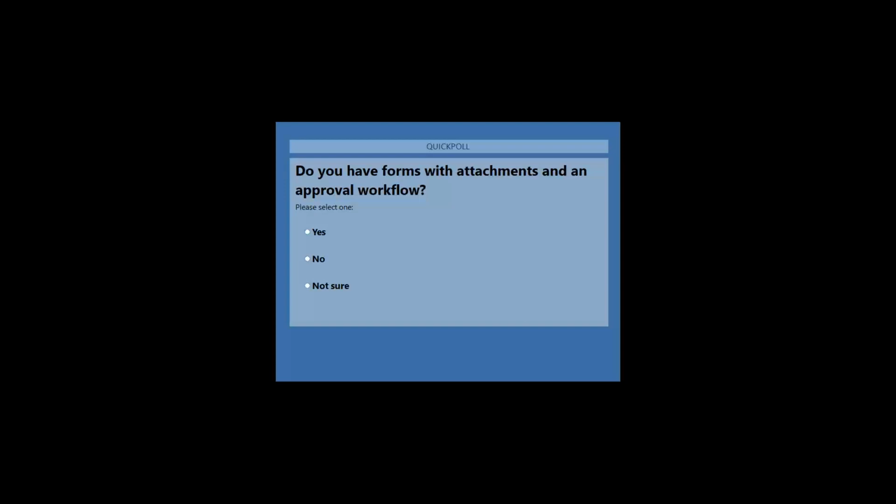Do you have forms with attachments? One of the changes we made, feature enhancements, is for file attachments, and we'll go over that in a second. Looks like all of you do. Thank you very much for that. And then we'll close that poll, and we'll do the next one here,